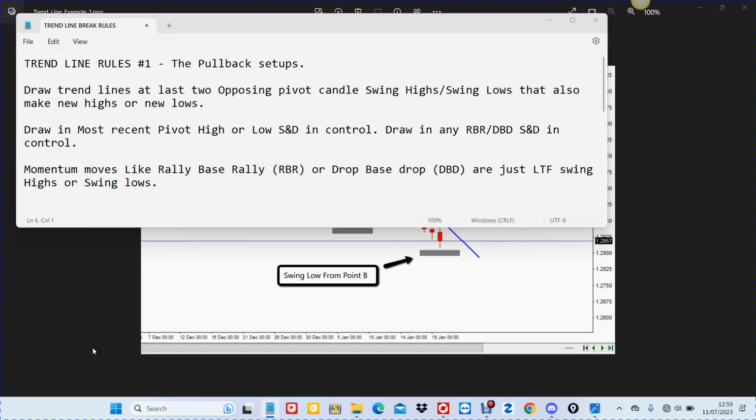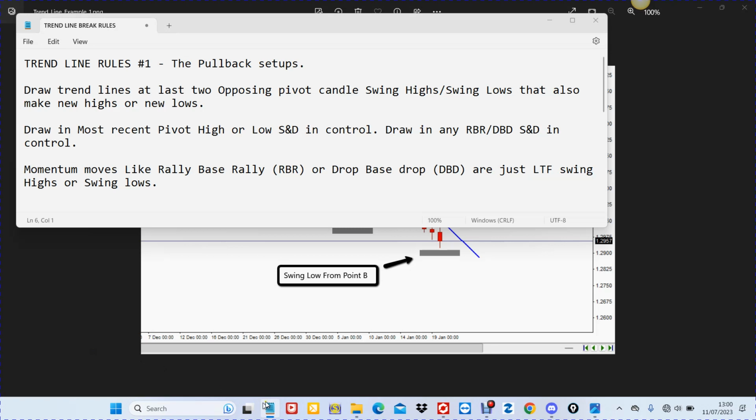Welcome to video number 1, how to draw trend lines. Now this might seem very basic, but probably one of the most important videos, so do not skip it. Draw trend lines at the last two opposing pivot candle swing highs or swing lows that also make new highs